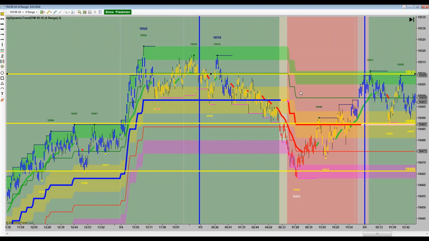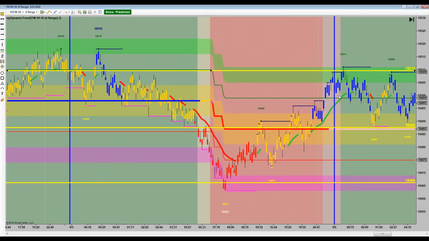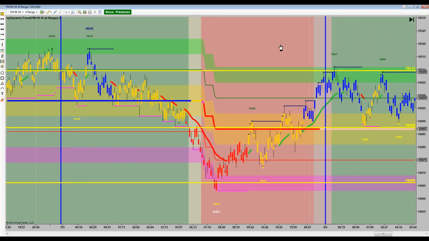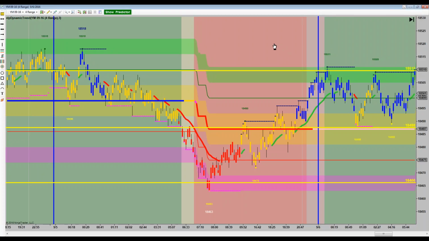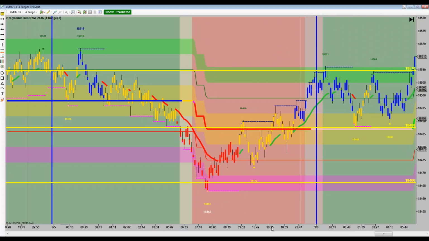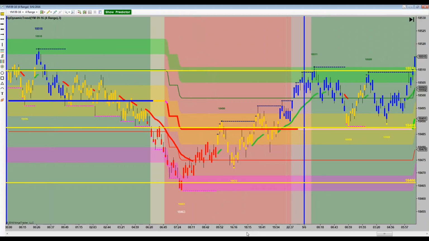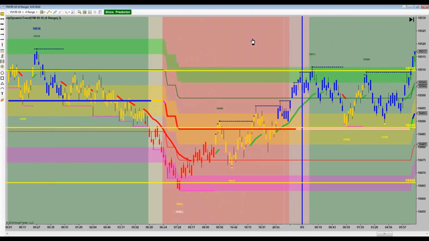Okay, and so here we come. We're coming into the open here. Let me blow the chart up a little bit, focus more on the right-hand side, so we see real clear what's going on over here. So basically, we're bouncing off the mid-band. We're coming up and hitting this 510, pulling back, hitting it, pulling back, hitting it, pulling back. So right here at the open, here's 544. Here is 6 o'clock, 6:30. 557,